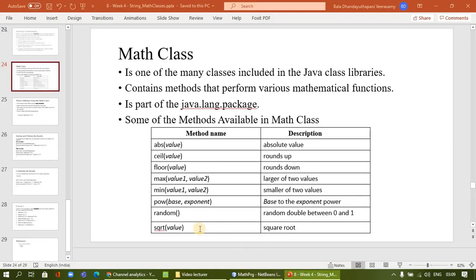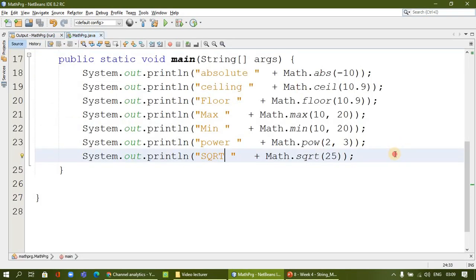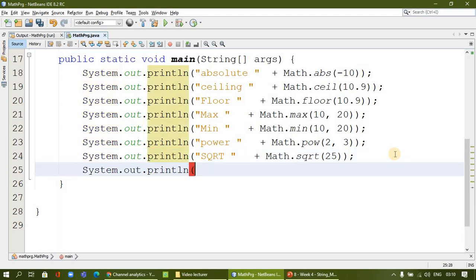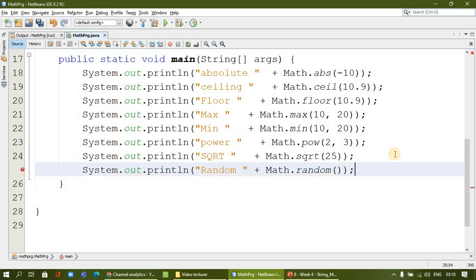Next there is a random number. Random number means it generates a different answer every time. It will give a value between 0 and 1. So I'll put Math.random. There is no argument in this.